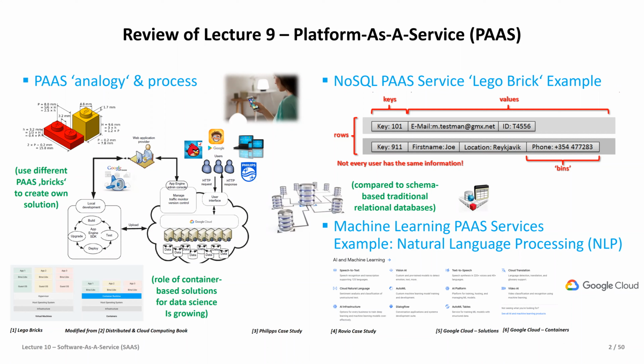But if it starts with information like we often have on the web, where people on Facebook sometimes give their phone number, their location, first names, others just give their email address, and you have just an ID somewhere, you have very unhomogeneous information, right? And this is where these NoSQL databases are good. And you have seen the big jungle of them, from Cassandra to HBase. They all have their unique selling proposition, and we will look into this a little bit.